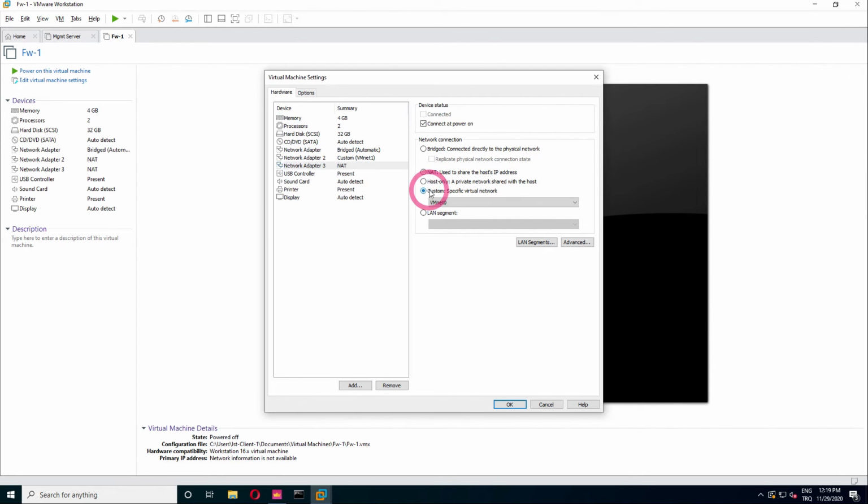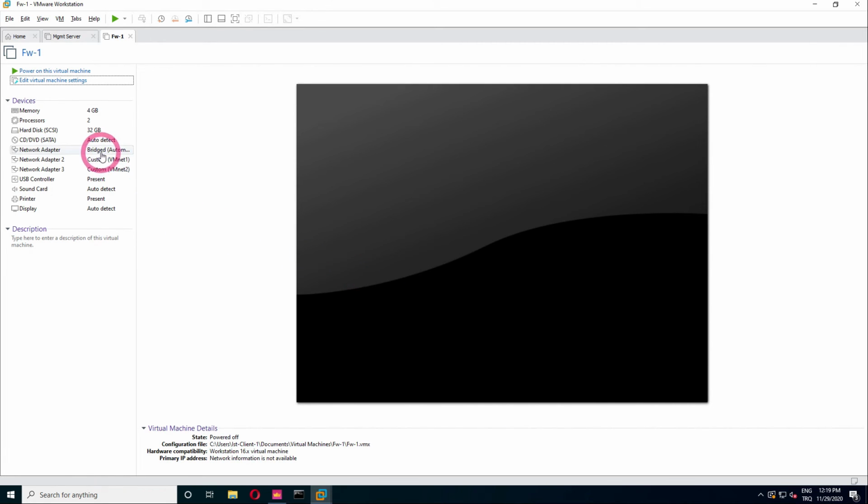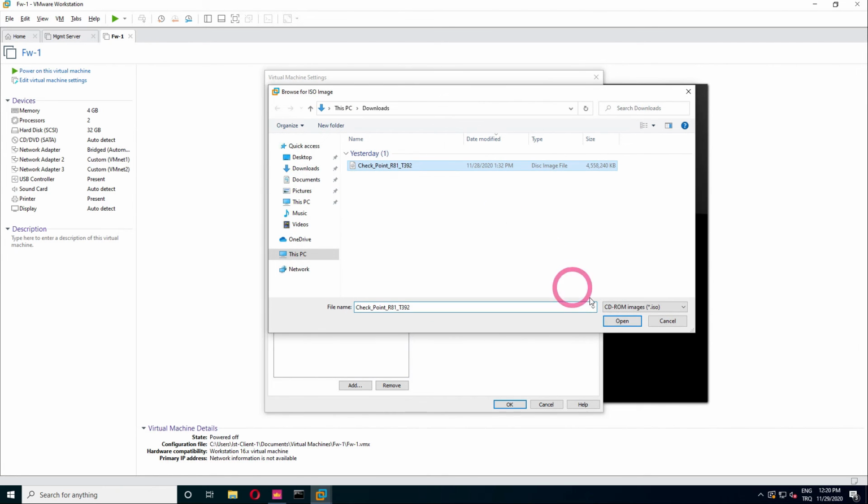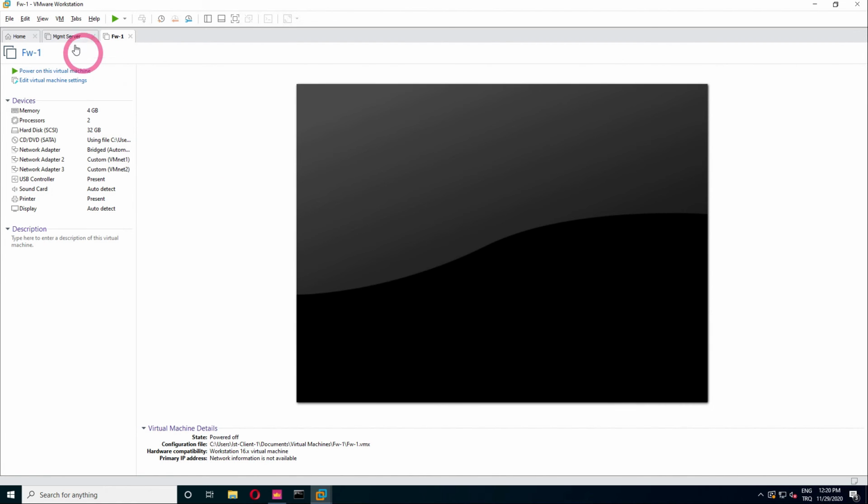Here I choose Custom and VMnet 2. VMnet 2 has subnet 10.1.0.0. After saying OK, you can see your settings here. After making all the settings, let's mount our ISO file and then you can start the installation. We have already made the next settings in our previous lessons. You can continue the installation by looking there.